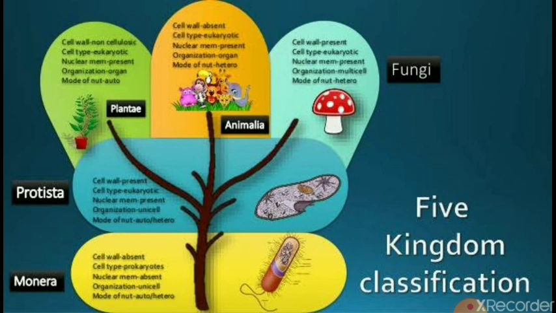The next kingdom is kingdom Protista, in which in most of the members either a pellicle or cell wall is present. They all are eukaryotic organisms. It means a well-developed nuclear membrane is present. Not only the nuclear membrane, but they also possess most of the membrane-bound cell organelles. They show various modes of nutrition, and they all are unicellular organisms.